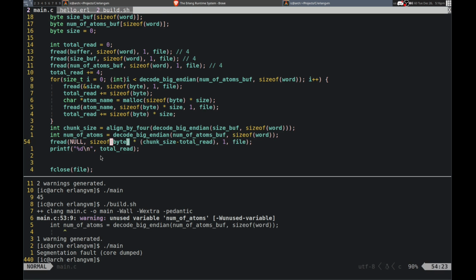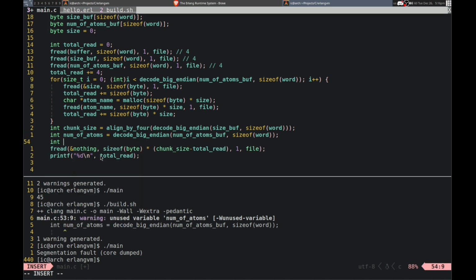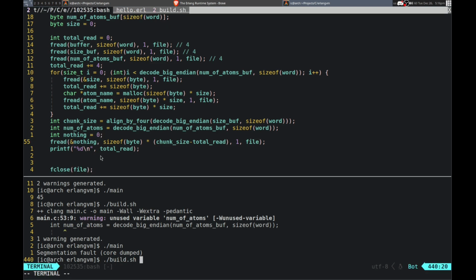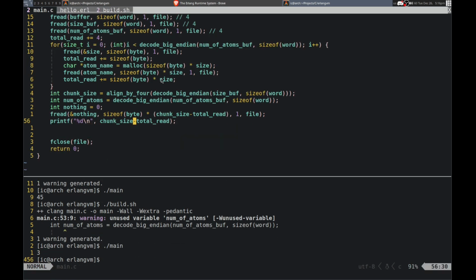So, I can just read it into nothing. Yes, just an int, nothing. Yeah, doesn't really matter, because it's just going to be 0, so we can just discard it. Yeah, let me just make sure that this is right. Size minus total read, so it should be 3. Okay. There we go. And then we should be able to read the next header.